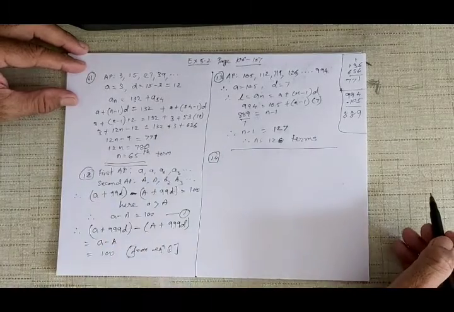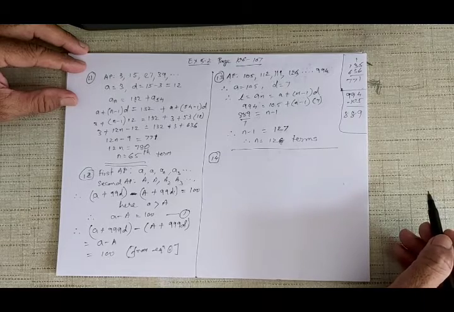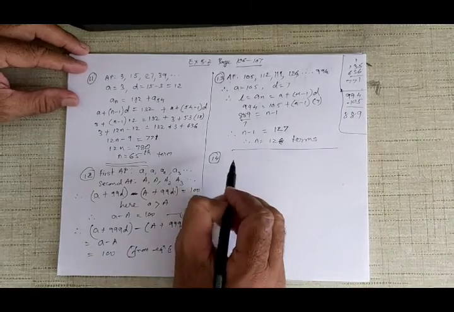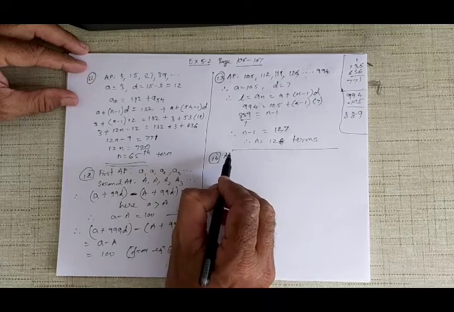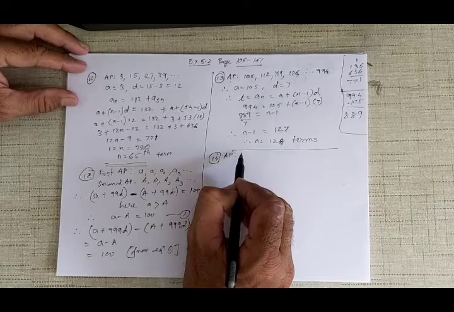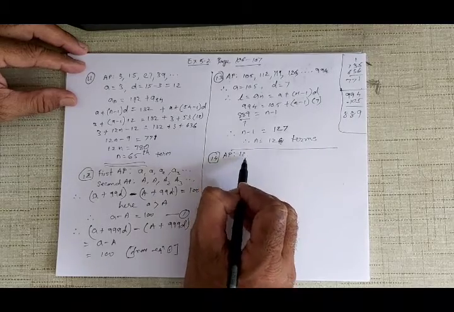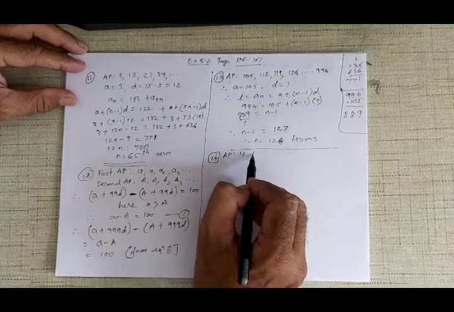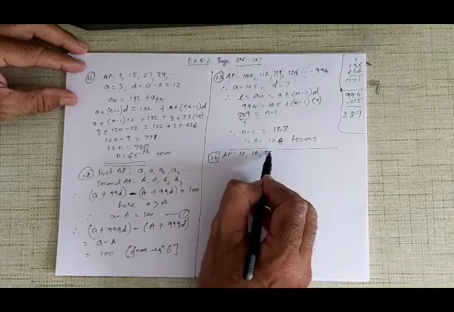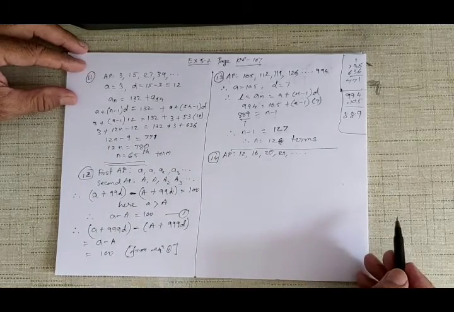Now let's see what question number 14 is. How many multiples of 4 lie between 10 and 250? Now see, again you will get an AP. Multiples of 4 means it should be divisible by 4. And you want between 10 and 250. So 11 is not. 12. 4 3s are 12. 12 plus 4, 16. 16 plus 4, 20. 24. And so on, up to 250.